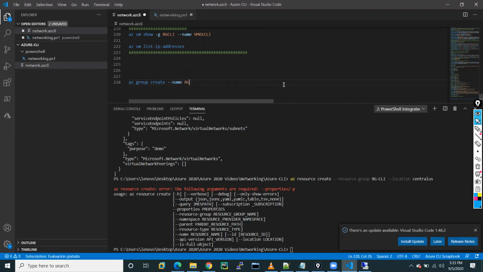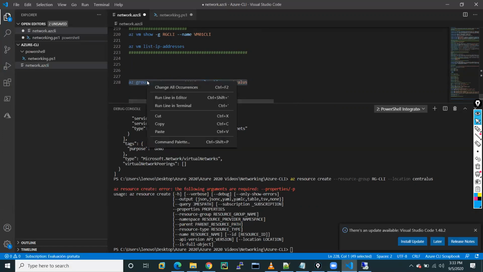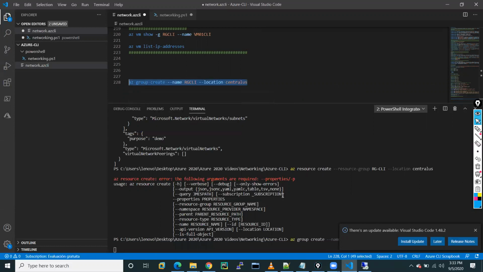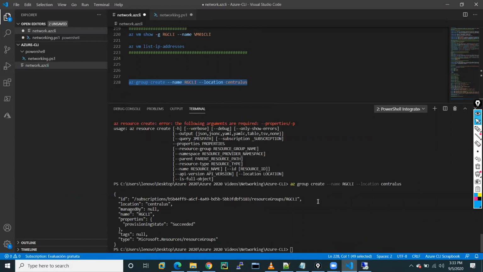We have to give the name here, RGCLI. Then we have to give the location, Central US. When you do these things regularly, you will be able to remember. This will basically create the resource group. See, when you get Succeeded, that means the resource group is created.